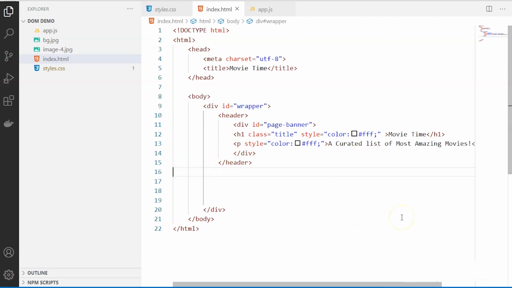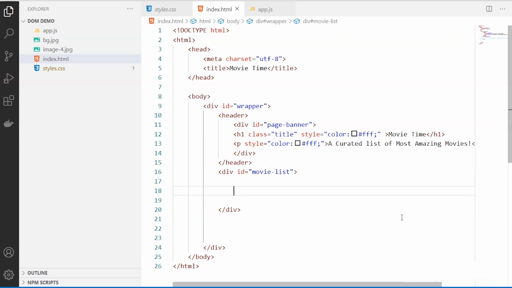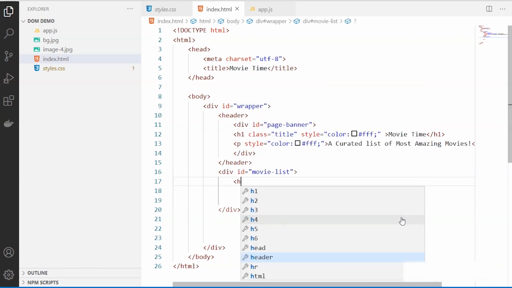So after this header, I want to include a div which is going to be my movie list. So we'll call this movie list, and inside it I'm going to have the title again, something like a subtitle.